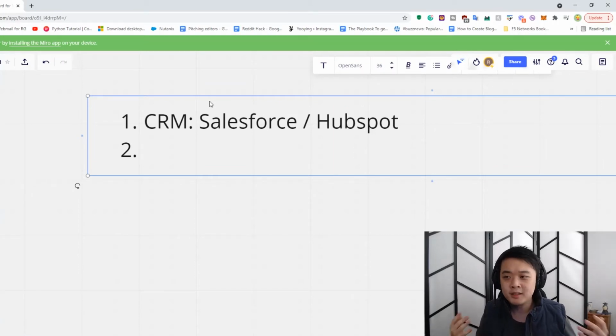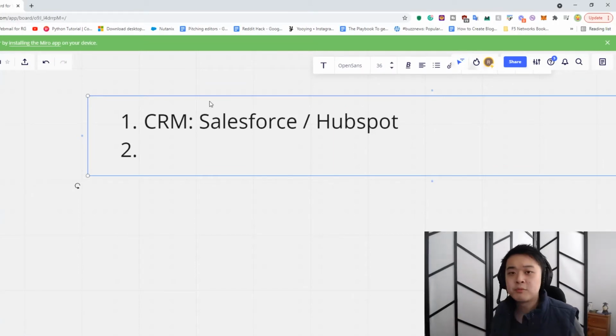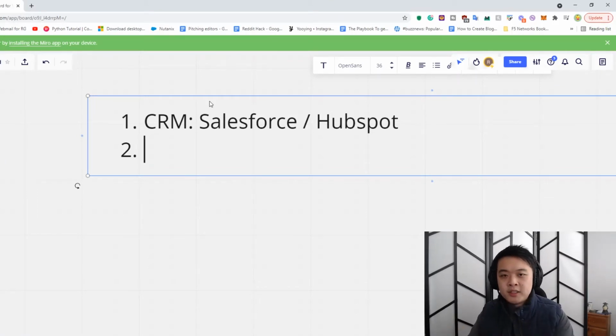Now, pipeline is simply just sales-generated opportunities. For example, if a customer shows interest in the product, and the sales team might figure out that's a 50K pipeline deal, they'll put a 50K opportunity into the system and then put a probability figure on top of that. Now, if you helped achieve that, so you built a workshop around that product and you executed it with the salesperson,